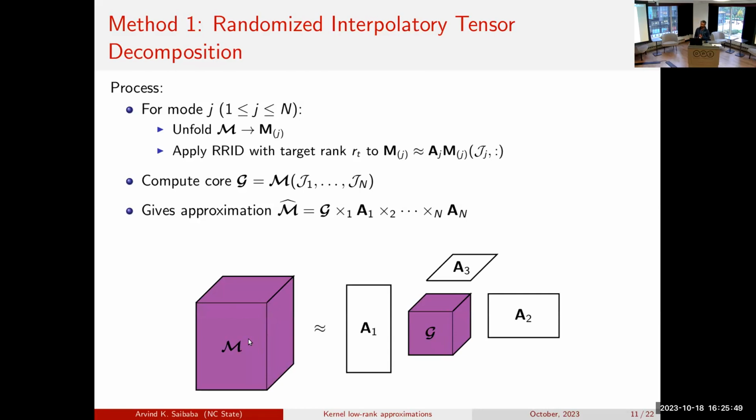Furthermore, there's another important property, which is that not only does the core have exact entries from the original tensor, the approximation exactly reproduces a certain number of entries. So that's an interpolatory property of this tensor. It could be useful in applications. It's not super critical for here, but it could be useful in other applications.